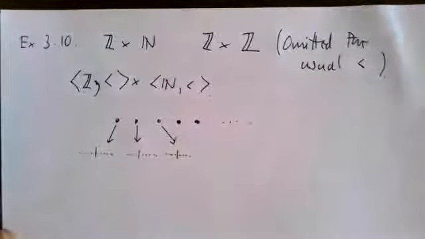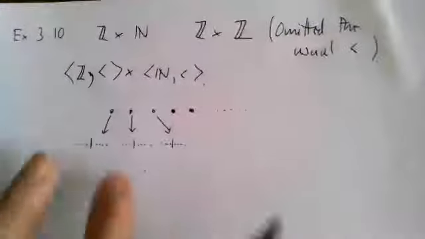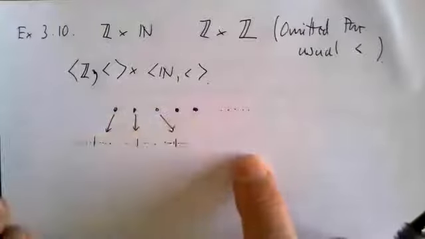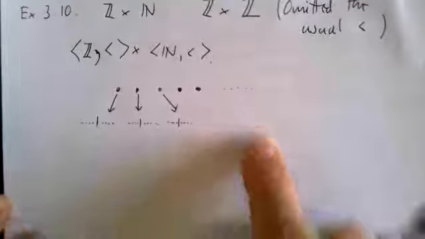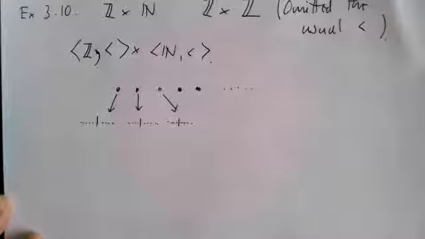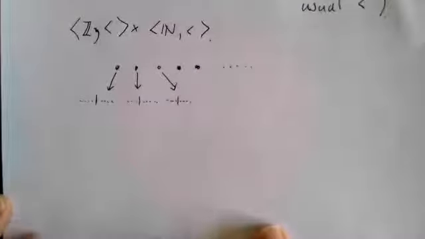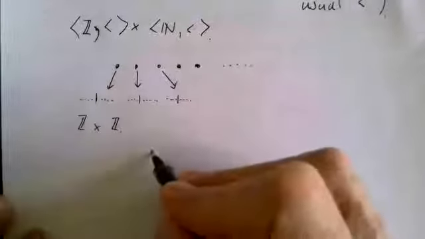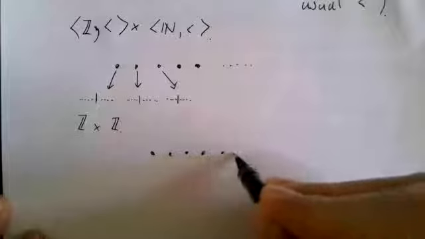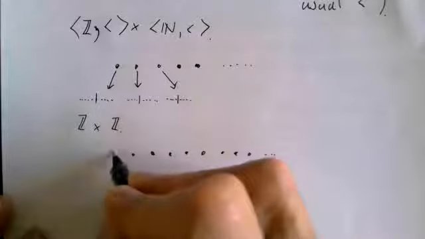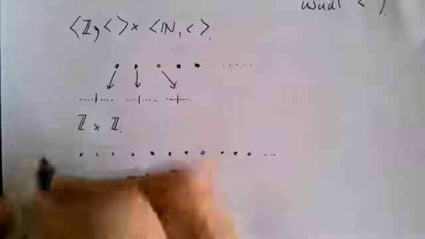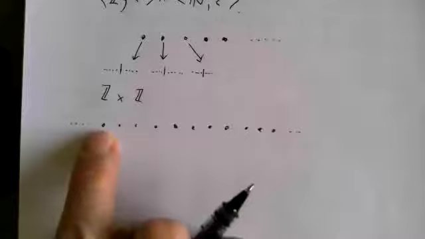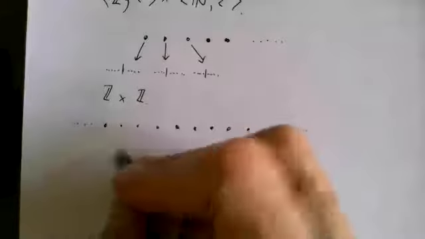So it's looking more complicated. But it's copies of the integers arranged in an omega sequence like that. So what would Z cross Z look like? So here's a copy of Z. And now I've got to replace each one of these with another copy of Z, right? So of course the picture looks